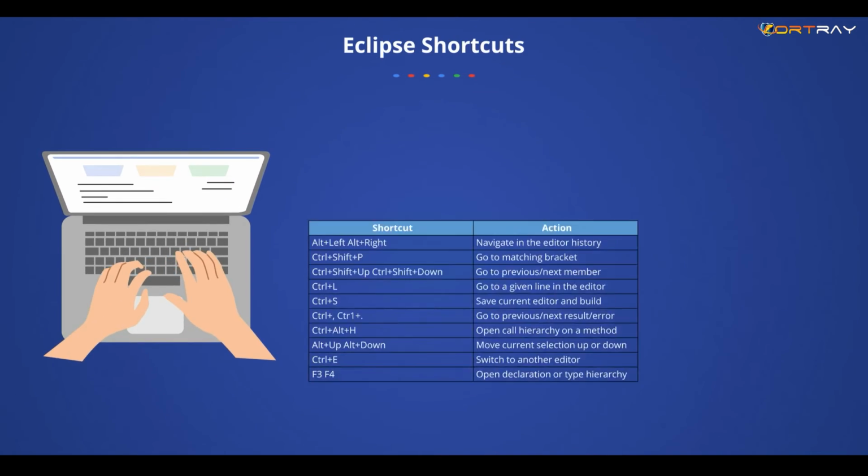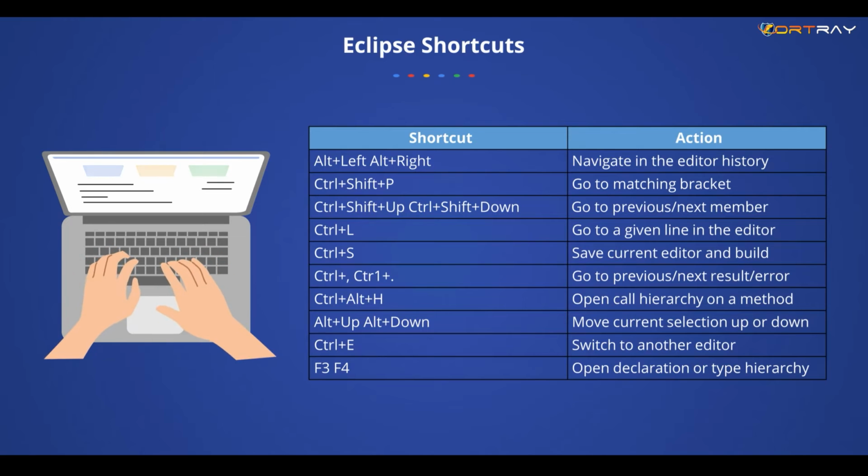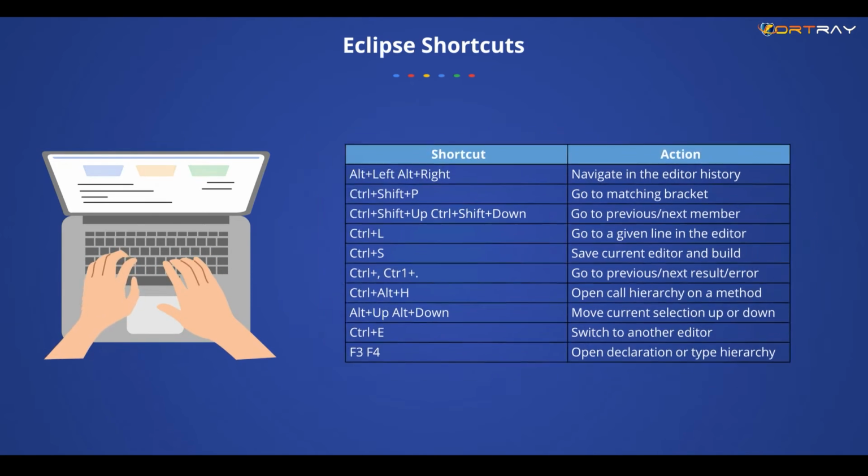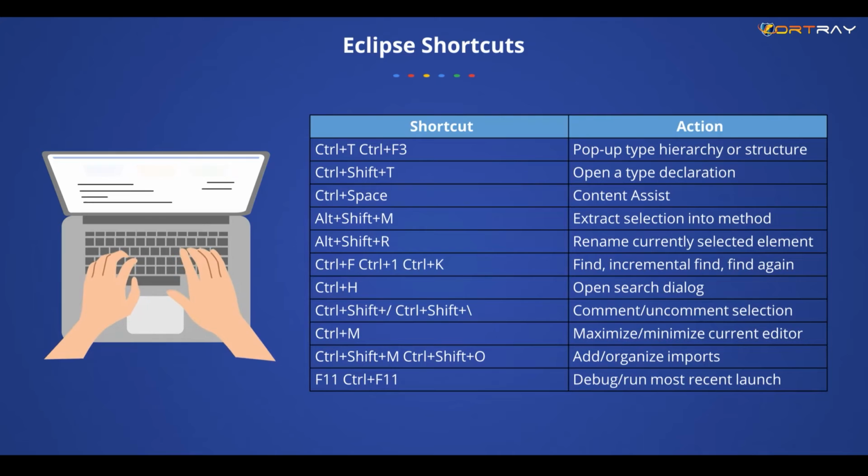And these are all Eclipse shortcuts. That means once you enter into Eclipse, if you want to do something like navigate to edit history or do some matching bracket, all the shortcuts are listed here. So there are a lot of shortcuts. And rather than learning them by heart, I would suggest that over a period of time, when you're working on it, you start picking them up one by one. There are even more than what is listed here if you look at the Eclipse documentation. I would suggest start looking at it now and then and keep understanding one by one, so that over a period of time you can easily master all the shortcuts.